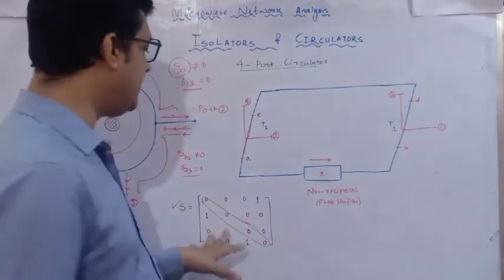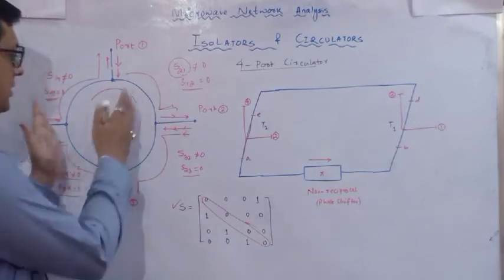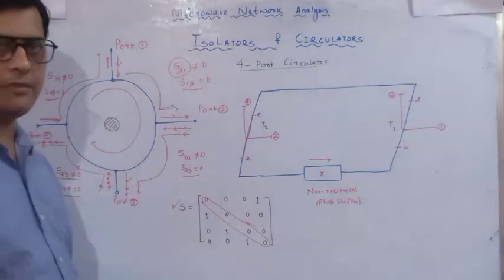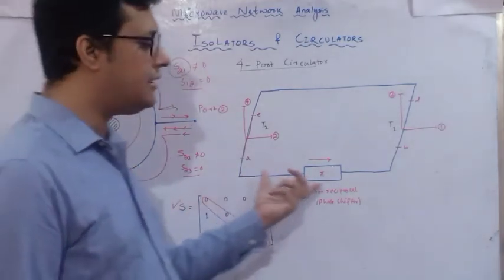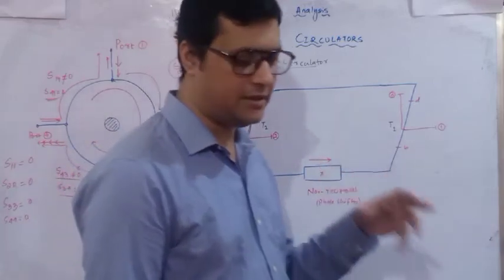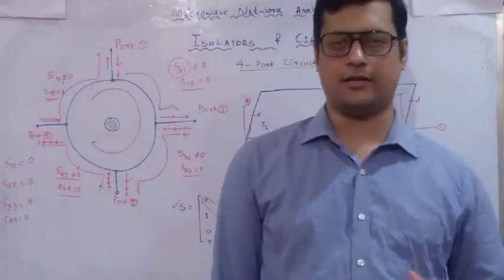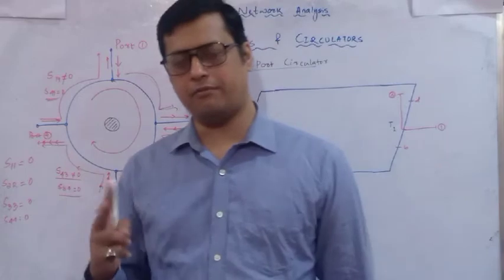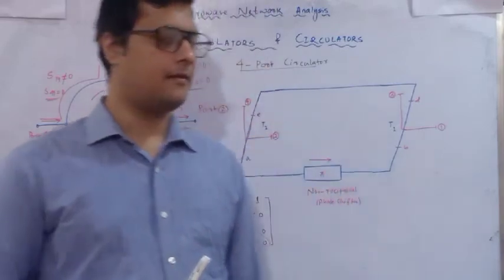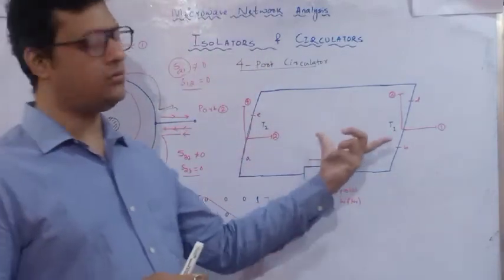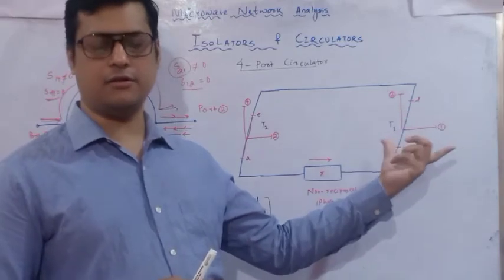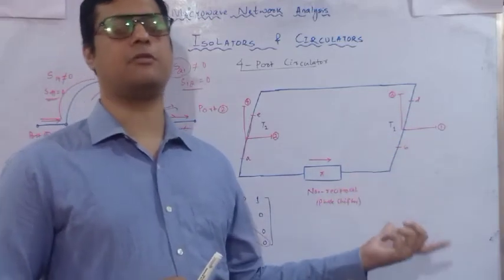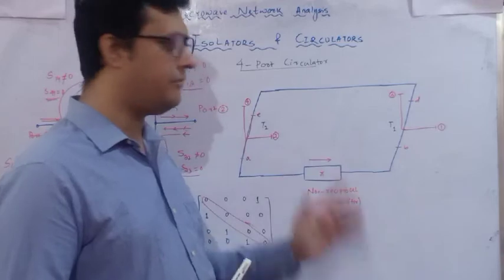This is the simple design process with respect to the analogy, we have identified the scattering parameters. But how is it going to work? Basically, the circulator is constructed with the help of two magic tees and one non-reciprocal phase shifter, with the help of this sort of arrangement.